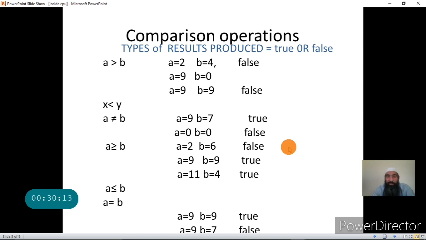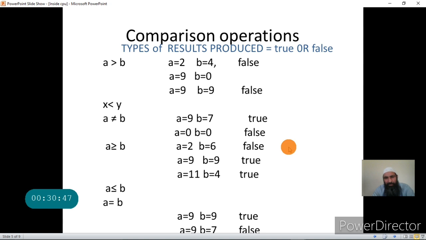Now let us explain what comparison operations are. In case of arithmetic operations, when it is performed between two numbers or two operands, you get the result as a number. In case of logical operations, you get the result in the form of 0 or 1, that is a single bit result. Now if you perform a comparison operation between two numbers, you get the result as true or false.